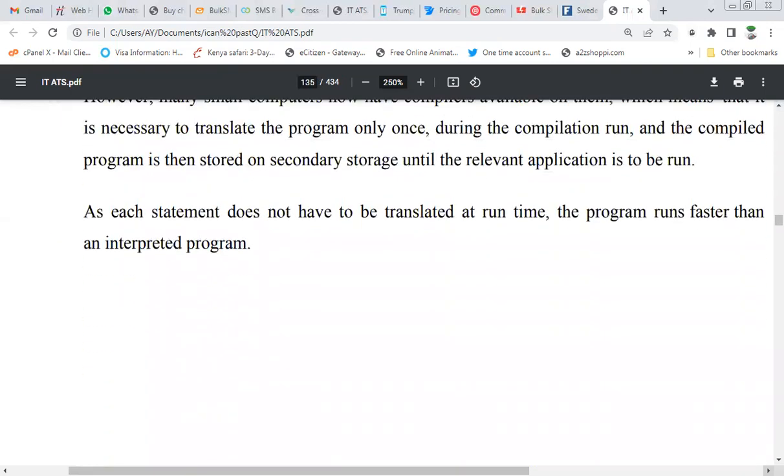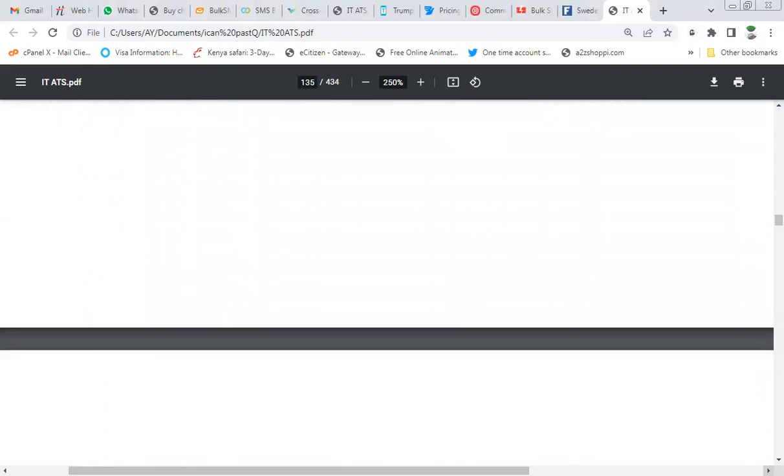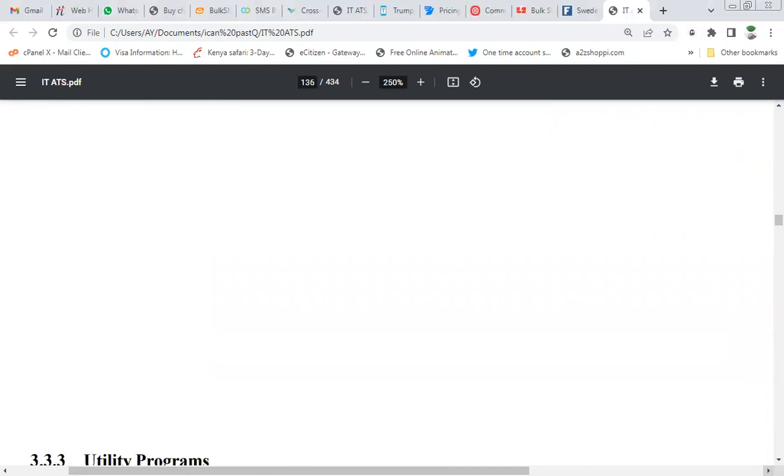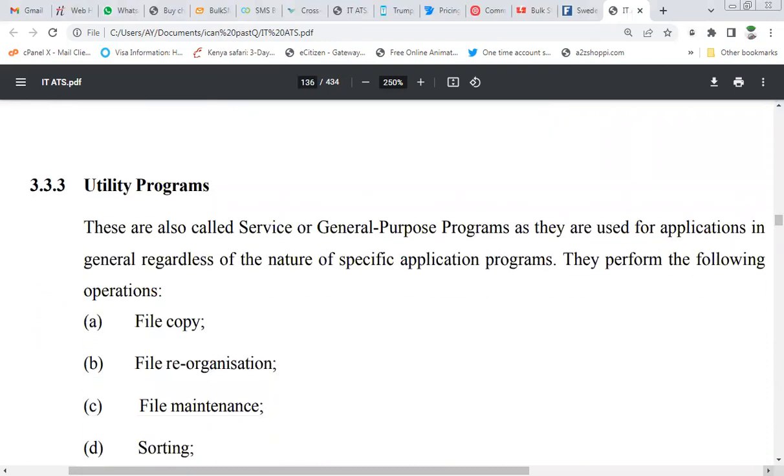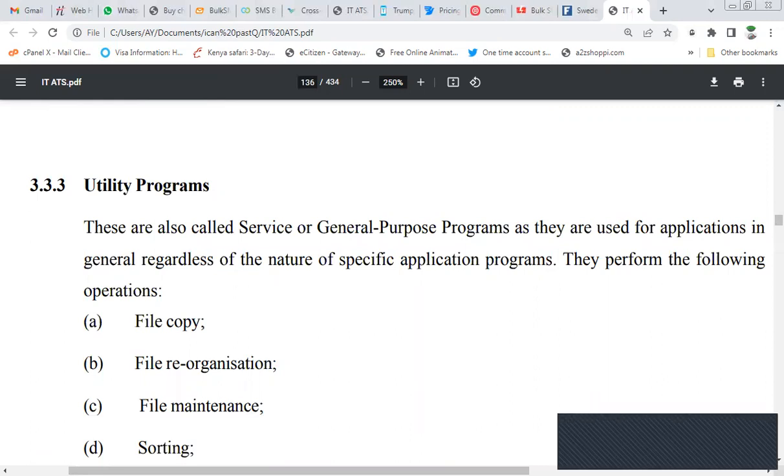So let's move on. So let's talk about utility programs. Utility programs are also called service or general purpose programs, as they are used for applications in general regardless of the nature of the specific application program. They perform the following operations: